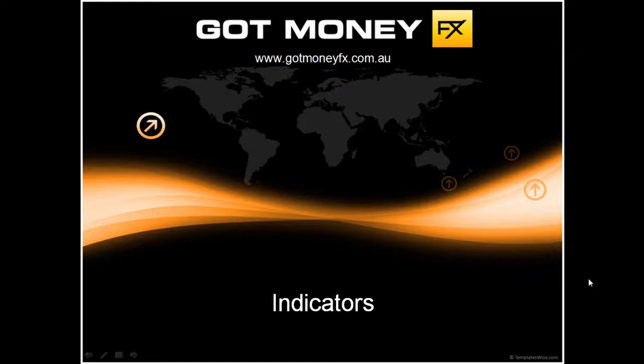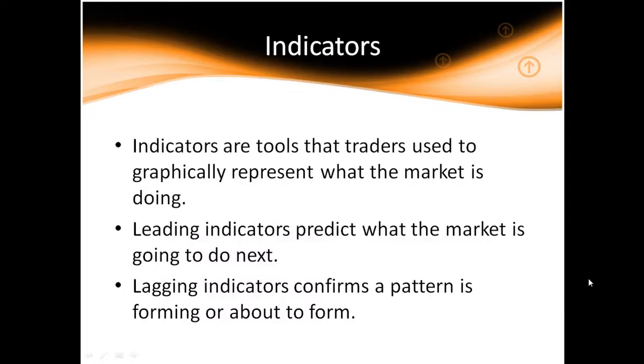In this video we're going to look at a few of the commonly used indicators and discuss how to use them. An indicator is a tool that traders use to graphically represent what price is doing. Indicators fall into two broad categories. They are either leading indicators or lagging indicators. Leading indicators try to predict what the market is going to do next, while a lagging indicator confirms what the